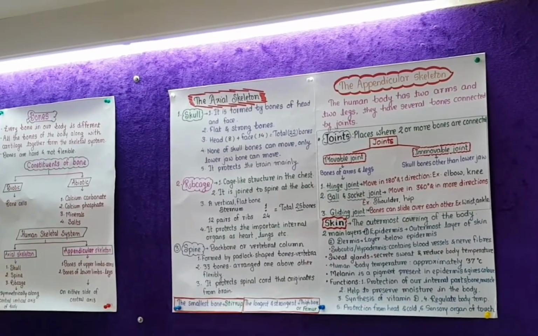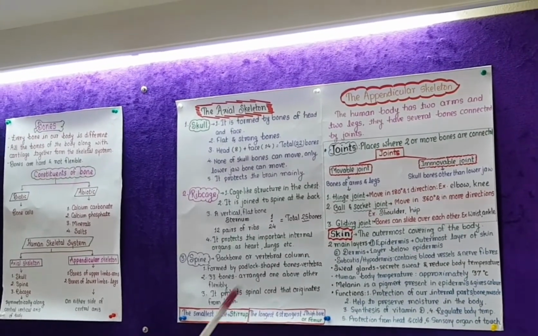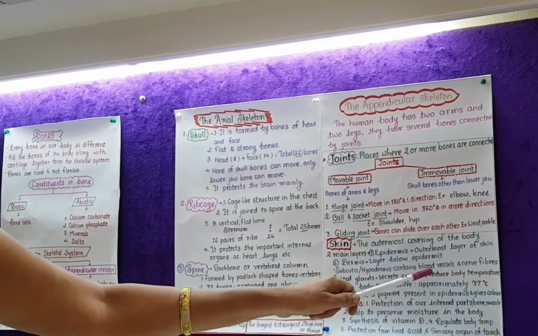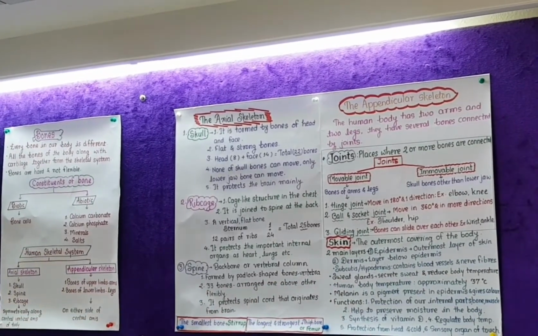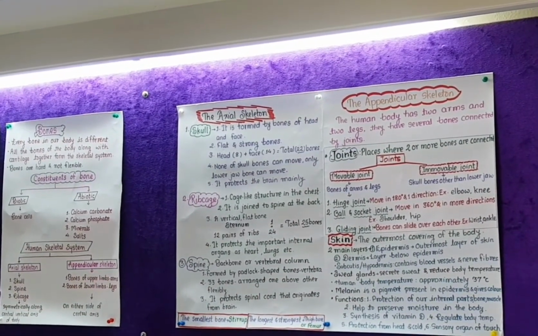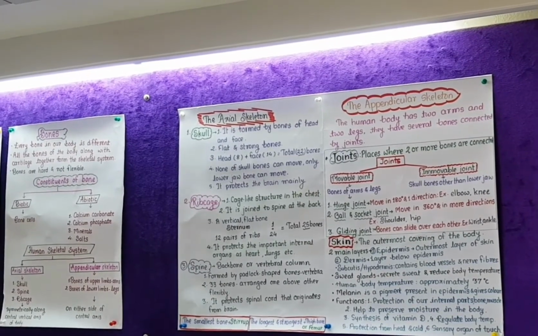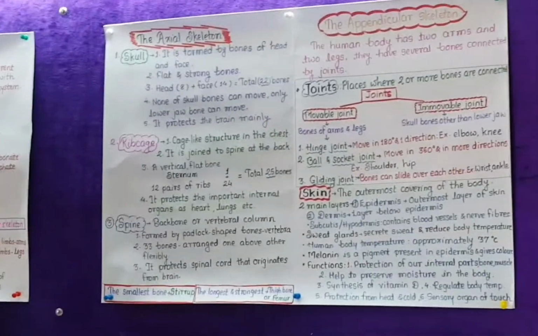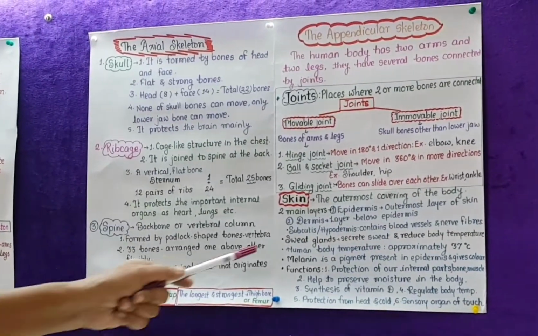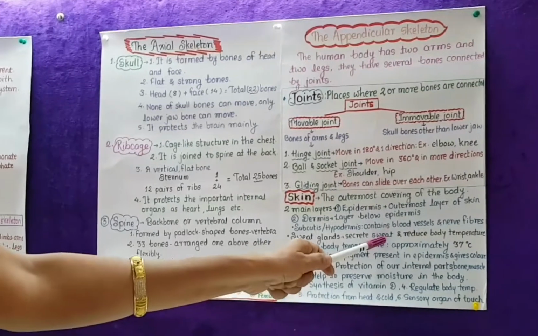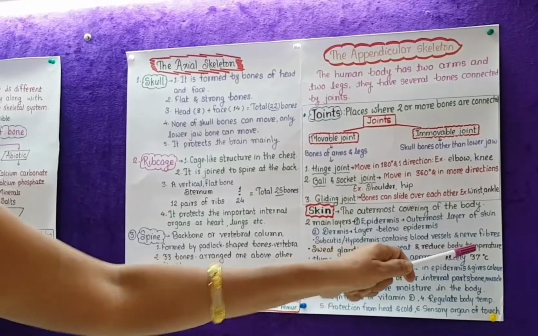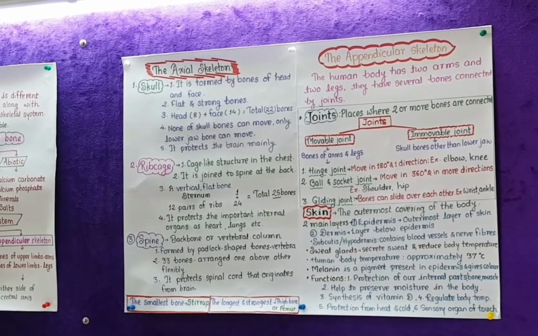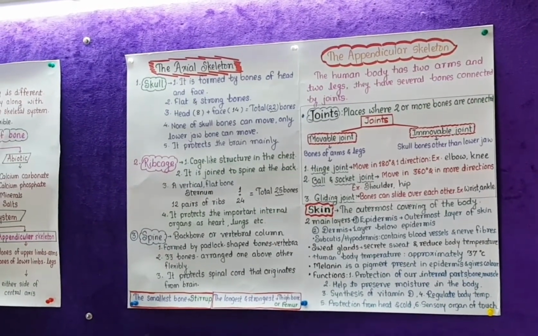Sweat glands are present in our skin. They secrete sweat, a salty substance that is secreted whenever we are exhausted, very tired, or when the climate is very hot. Our body should maintain its normal body temperature, and that's why our body secretes sweat, which reduces the body temperature. These sweat glands reduce body temperature, and temperature is maintained.